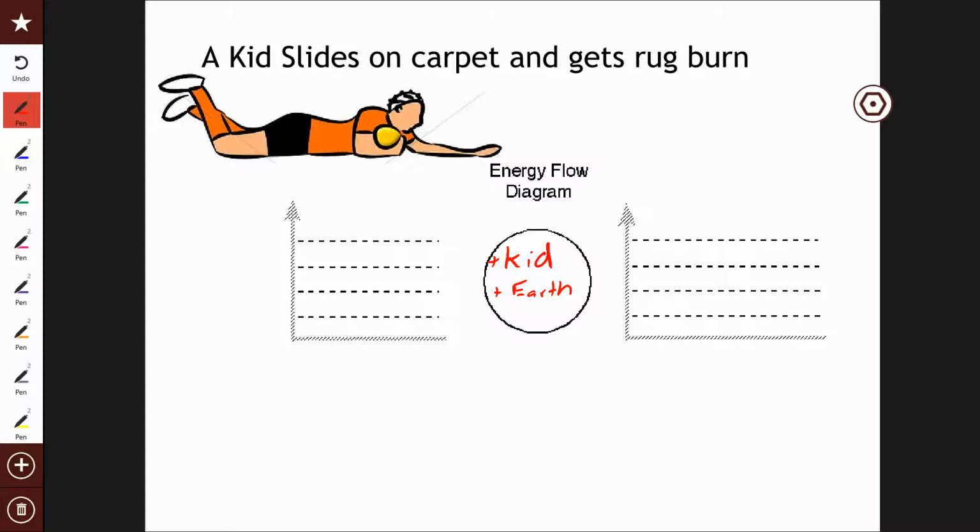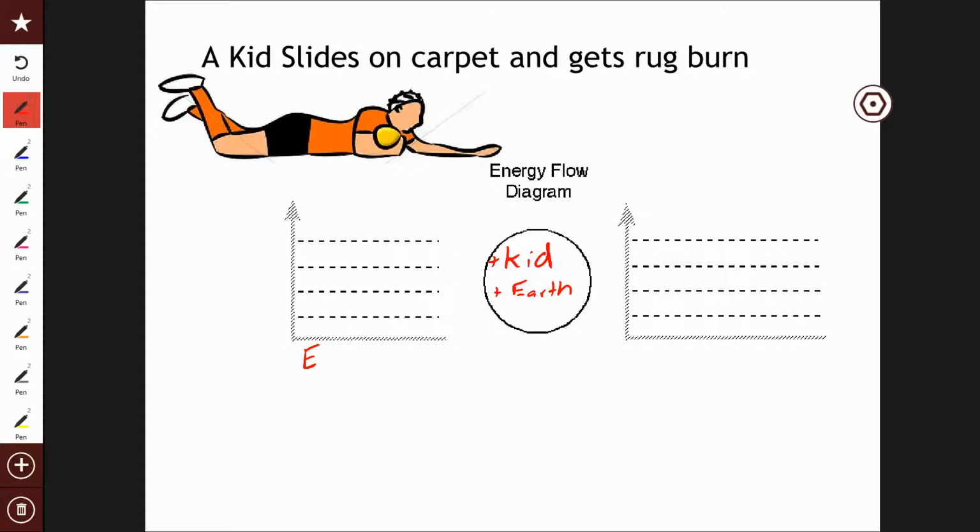Wait, why for the one before the plant? Why is this not in our system? Again, because it just wasn't. So we said the sun wasn't, so that means that there was radiation in. If we include the sun in our system, then that means there's no change for anything on Earth, because the sun is where we get all of our energy from. That'd be transferring energy from our system